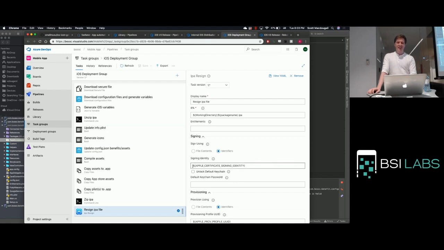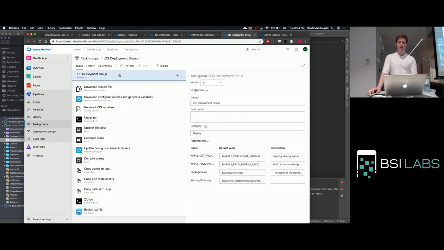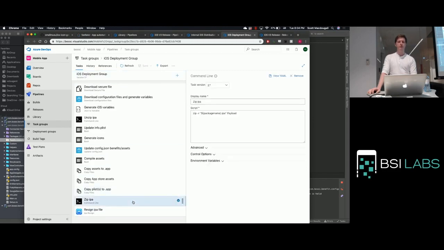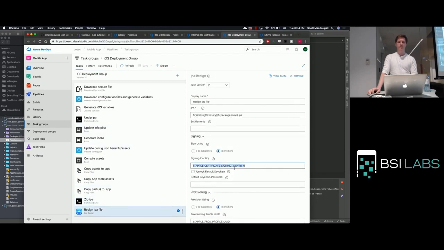So actually, one cool thing is, just like all these task groups, you see there's all these variables. These kind of bubble up, I suppose you can say. So if you look up here, this is where all your variables are defined. So if in here you put in a variable, like if I just type something in here,